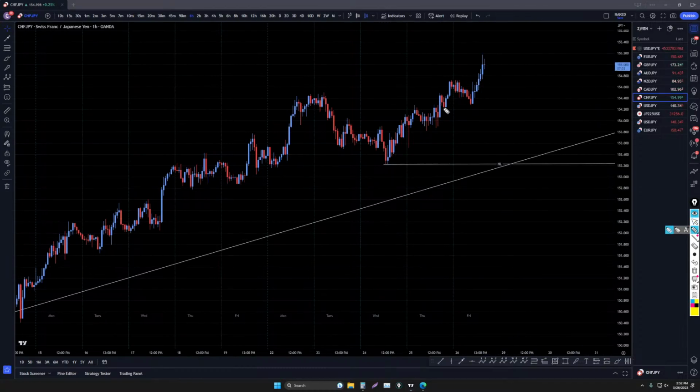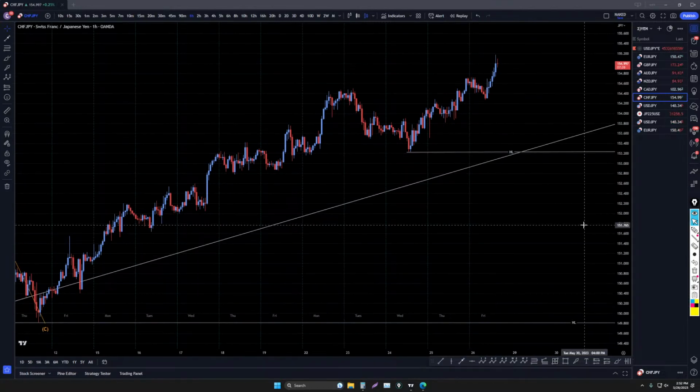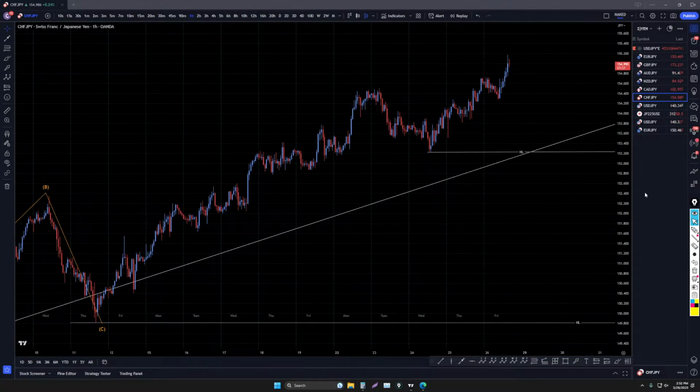Now the US dollar Swiss definitely looks very, very nice to the downside. Then we have impulsive up. This was also a very clear entry today. All the yen pairs are just very, very nice trend trades. I mean, pretty much every yen pair, you zoom out a little bit, it's just nice, clear trend trades on all of them.